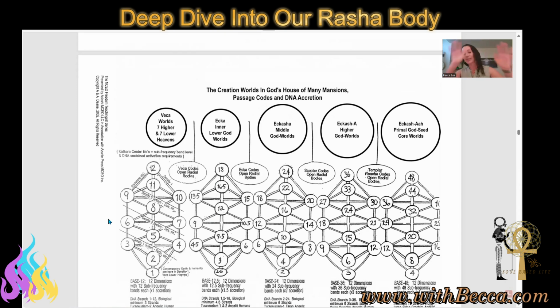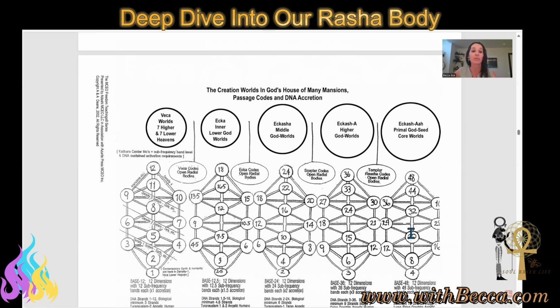And we know those stories have gone every which way. We know that all of these guardian templates of created beings, especially when it comes to the Elohim aspect of them and the Seraphim aspect of them, all have great levels of fall within them. So we know that in the Veka worlds, there is mass polarity and fall that actually even starts to move into the inner God worlds. But as we start to move up into the middle God worlds, to the higher and especially to the core God worlds, we move further and further and further away from any polarized states of creation.